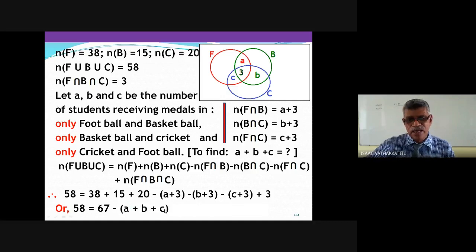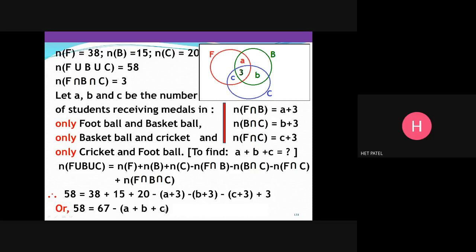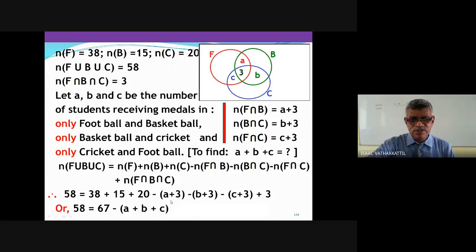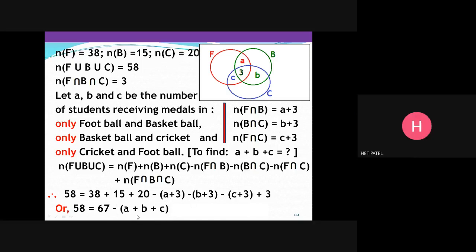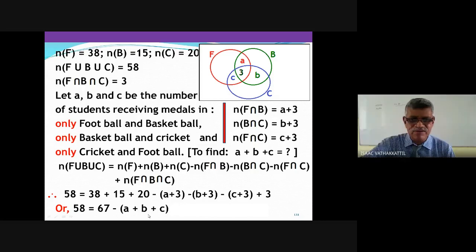That 3 implies common, 3 we have to take common. No, it's not. There's nothing common. We are separating. It is not common. We are separating. A plus B plus C, in every one, it is A plus minus 3, B plus 9 minus 9. Okay, got it. That calculation is done. Right? A plus B plus C will be taken here. 50 taken there. A plus B plus C equal to 9.